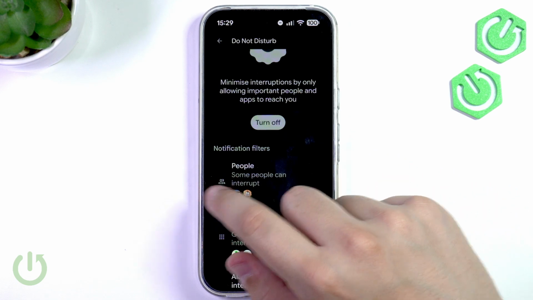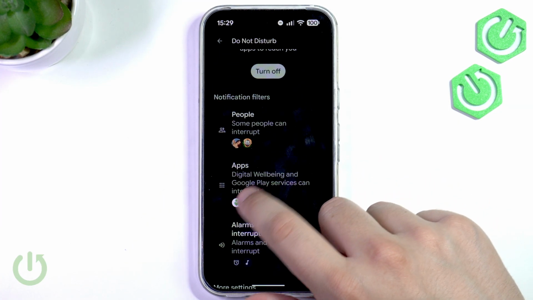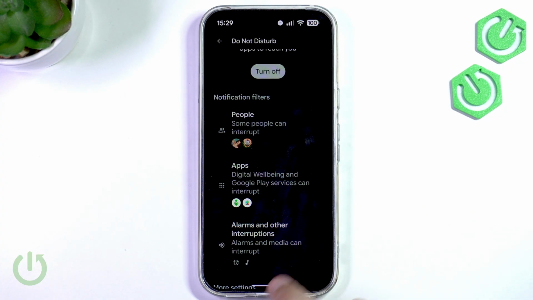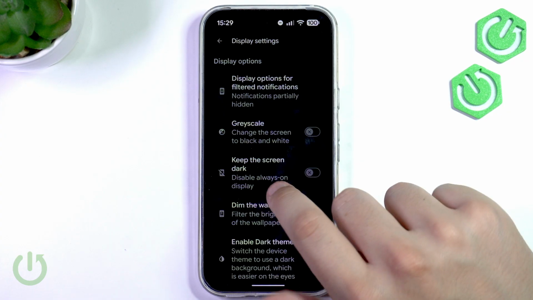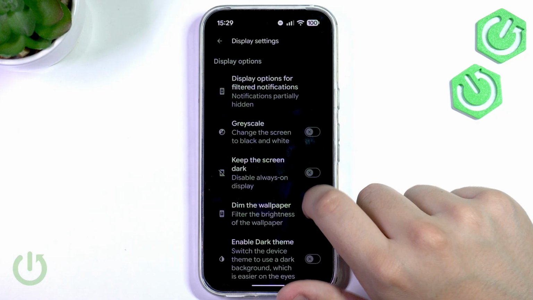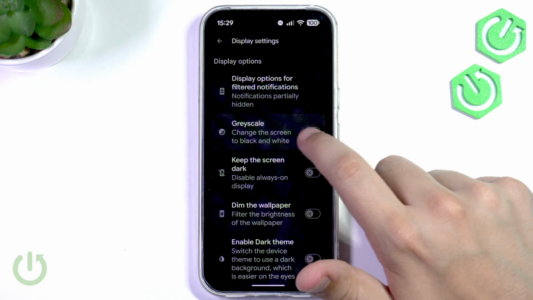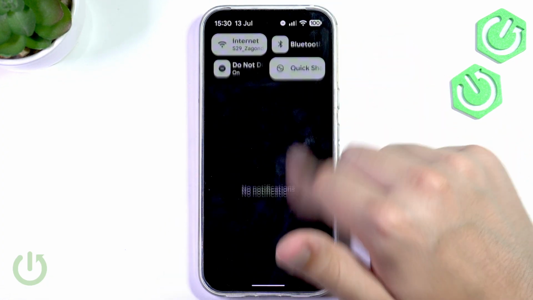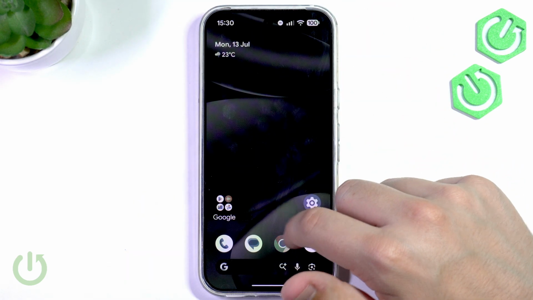Of course, we can change the filters, like some people can interrupt our notifications, and also apps that will have an option to interrupt us with notifications. Here we also have alarms and our interruptions, and the display settings like keep the screen dark, dim the wallpaper, grayscale to change the screen to black and white. As you guys can see, it is basically the same because I'm using those colors,